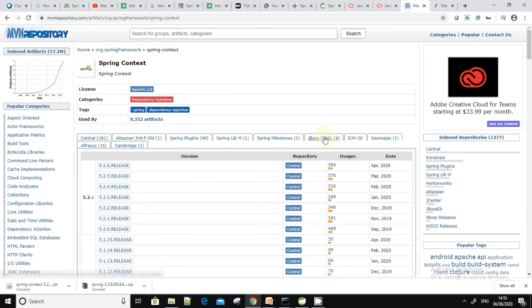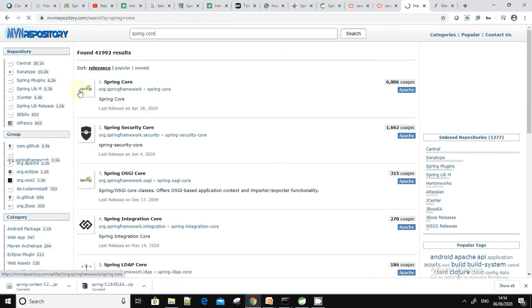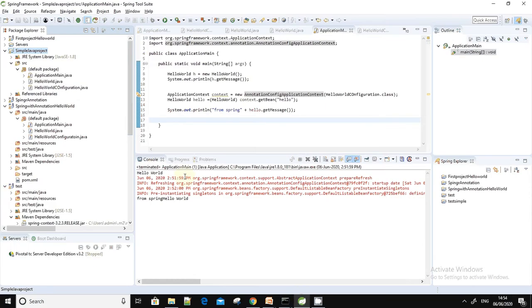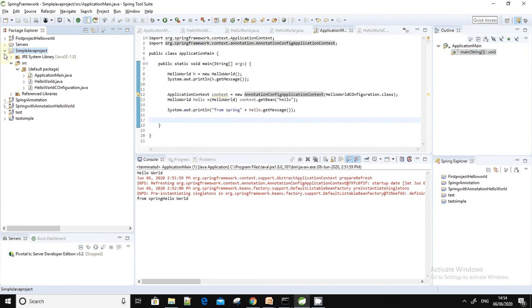And then the last one is how to download the Spring library. You can go to the Maven repository, and here you can type whatever jar you want, for example Spring Core, and then you can get the jars downloaded. Nowadays everyone uses Maven for downloading. So either you can use that, or here we are just seeing, if somebody is not aware of Maven, how we can configure the project with Spring.